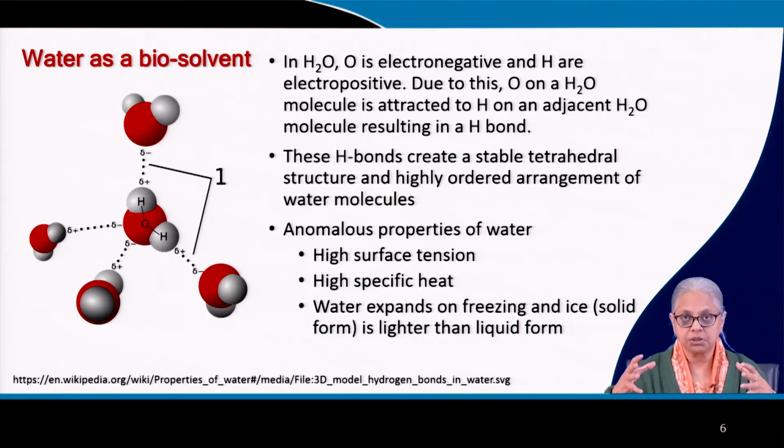Now, because oxygen is much bigger, it attracts the electrons towards itself. It becomes more electronegative, while the hydrogen atoms are more electropositive. So there is a polarity within, not between, a water molecule. There is one side of the water molecule that is electronegative, and the other side where the two hydrogens